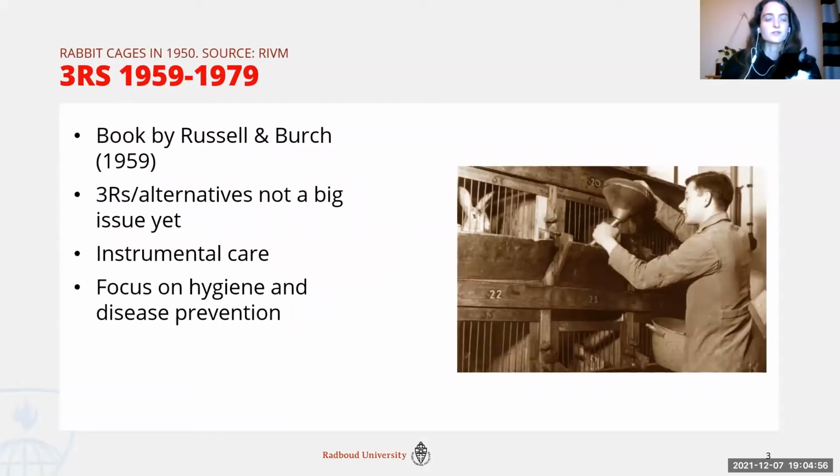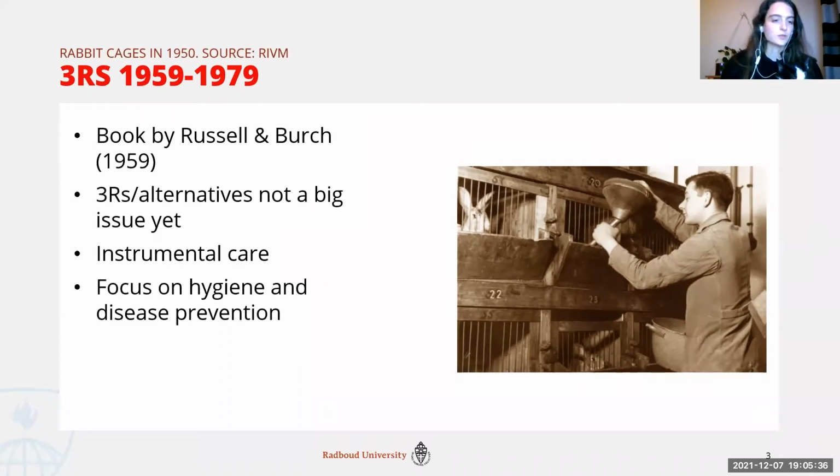So for a brief history of the 3 R's, I assume you all know that they are replacement, reduction, and refinement. They were first introduced by Russell and Burch in their book, The Principles of Humane Experimental Techniques, already in 1959, so a pretty long time ago. They weren't immediately the success that they are now. I think now everyone that works in animal experimentation is familiar with the 3 R's, and students learn about them during their training. But when they were first introduced, it actually took about 20 years before they caught on